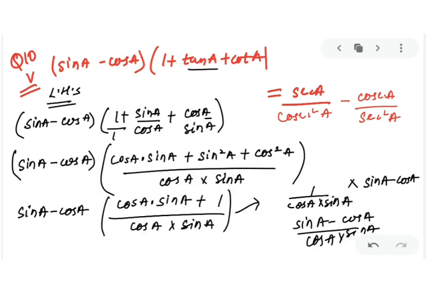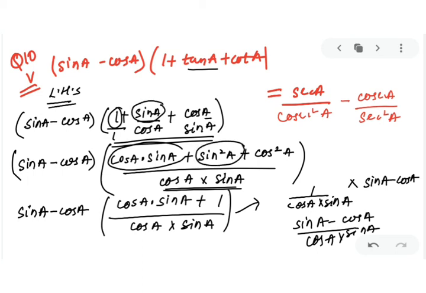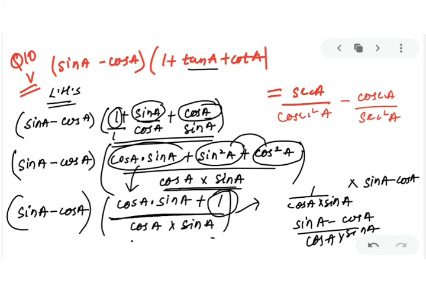So you can see here what I have done. I have taken the LCM of the bracket, that is cos A sin A. I have multiplied. To this 1 I have given cos A sin A. To this sin A I have given sin A, so that becomes sin² A. To this cos A I have given cos A, so that it becomes cos² A. Getting my point? And down it will be cos A into sin A. Now my dear kids, sin² A + cos² A is 1. So I have put 1 here. And this sin A cos A I have taken down. And upon cos A into sin A. And outside this sin A - cos A is still there.